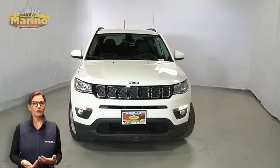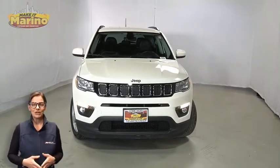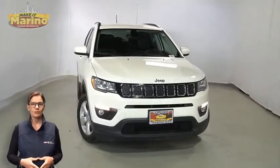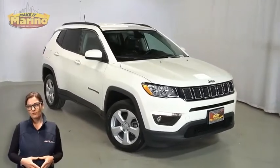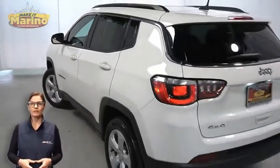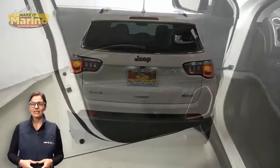If you're looking for a functional compact SUV with reliability and safety for the whole family, then take a look at this certified pre-owned 2018 Jeep Compass Latitude in white clear coat. With halogen quad headlamps, front fog lamps, 17-inch aluminum wheels, bright daylight opening moldings, rear window wiper and washer, heated front seats, heated steering wheel,